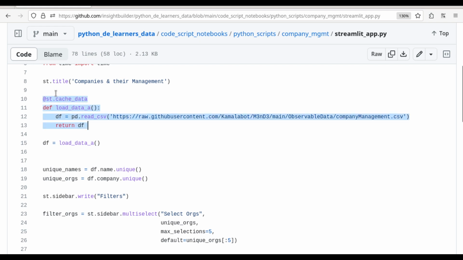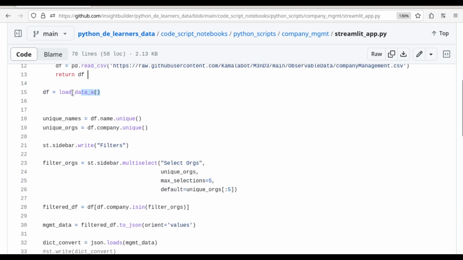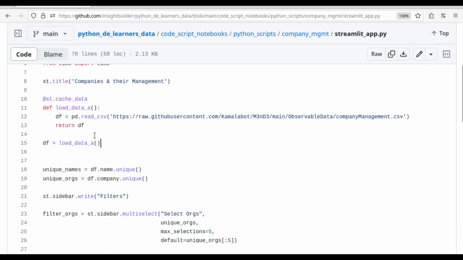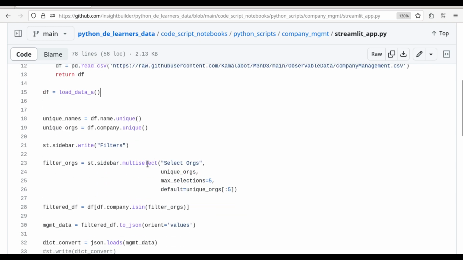And similarly, the same kind of decorator is available for cache_resource also, so that you can use it for storing the models. If you're working with large language models, or in fact regular AI models, then you can use cache_resource. I'll be discussing that in the next video. I'm calling this particular function, and then what happens is okay,